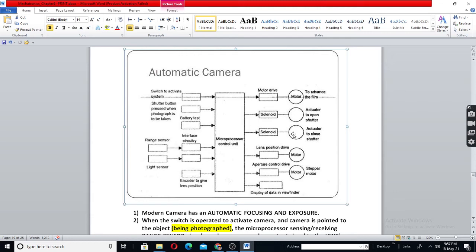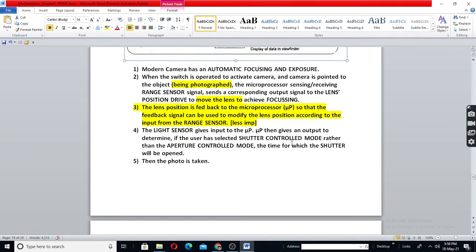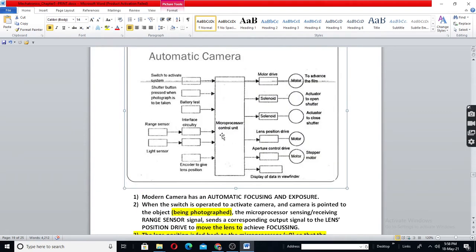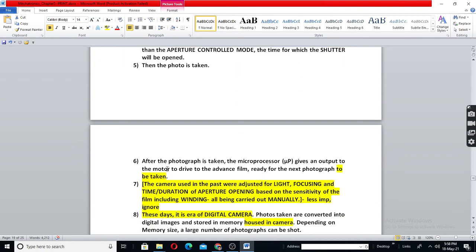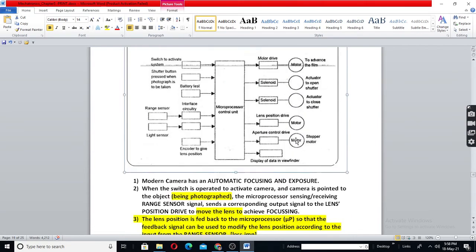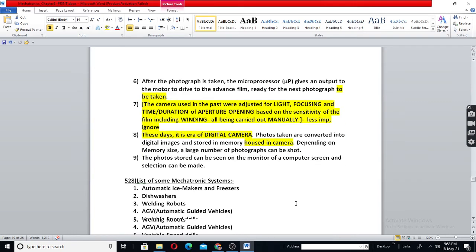After selecting shutter and aperture, you will press the start button, and it will take the photo. After that, it will give an output to this motor to advance for the next film. The photo taken will be stored in the memory. It can also be made visible on a computer screen.